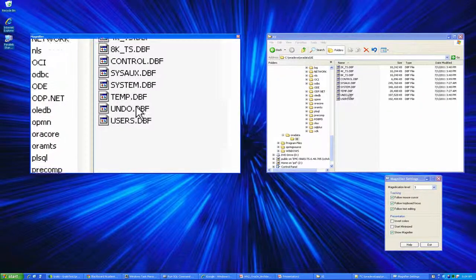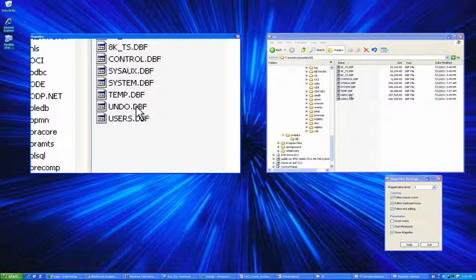We will look at undo.dbf. This is what used to be called rollback segments in Oracle parlance, if you ever hear the term rollback. But undo is a good name for it because it's a way that Oracle stores previous versions of things that are in flux, things that are changing. If you are making a change to the database, let's say to a set of records, Oracle actually maintains different versions of the associated blocks, the low-level operating system units of input and output that it's reading and writing. Different versions get stored so that Oracle can provide read consistency for people,